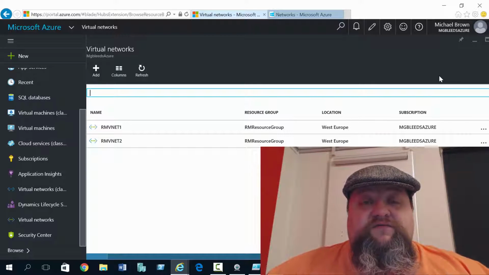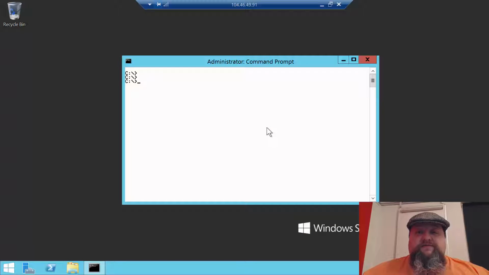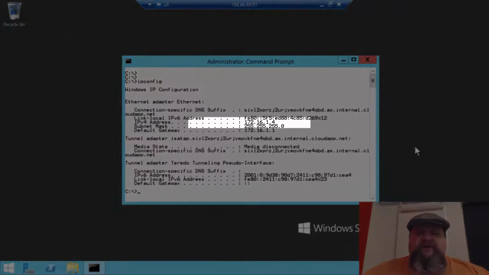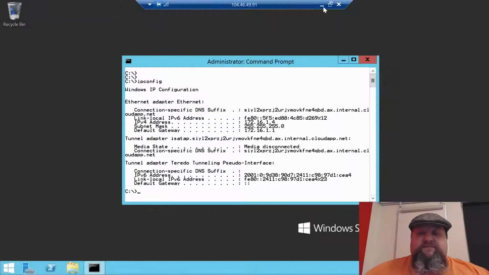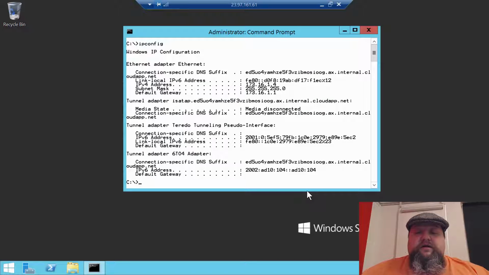If we take a look at one of those virtual machines, we'll take a look at VM1. This is VM1. If I do an IP config, you can see VM1's IP address there, 172.16.1.4. Let's take a look at VM2, IP config, IP address